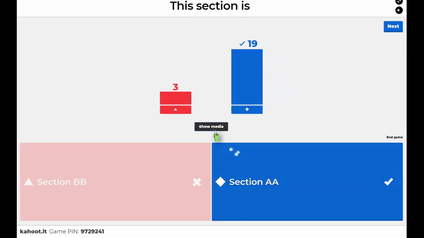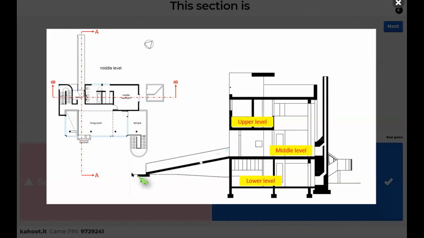All right, so as I mentioned, since there is the ramp here, it is very easy. I can see the ramp here, so I can know that it's AA, not BB. For example, for section BB, normally I have to see the stairs like the previous one. Now I cannot see any stairs. So if I select section BB,